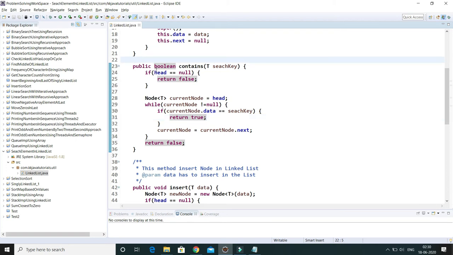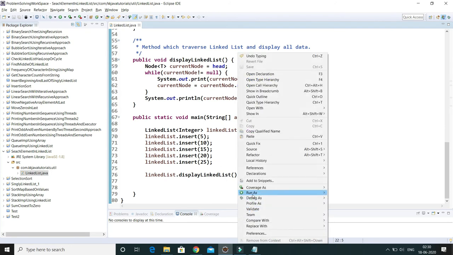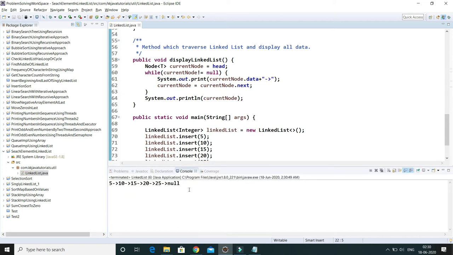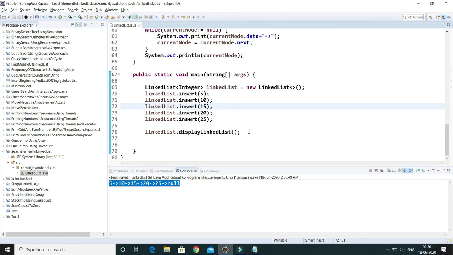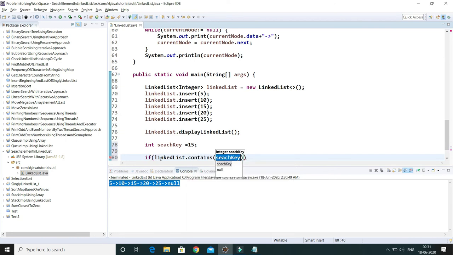Very simple, right? If I run this program, you can see it displays the entire linked list. Let's say I would like to search for some key, so I'm going to declare an int search key equals 15. Now I'm going to call linked list dot contains and pass the search key.